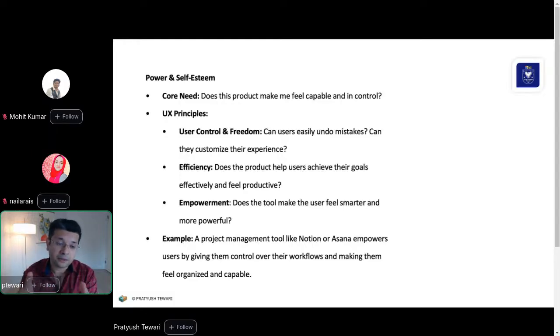Or empowering the user: does your tool make the user feel smarter, faster, and more powerful? For example, a project management tool like Notion or Asana empowers users by giving them control over their complex workflow and making them feel organized and capable, and that's why they are doing so well.